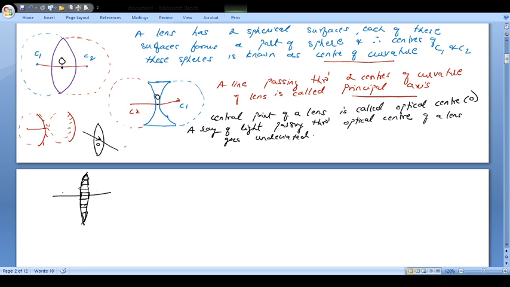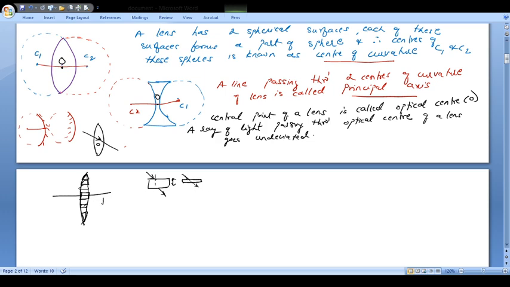Now if your lens is thin, we studied earlier that a ray passing through a glass slab will only get laterally displaced. That means if a ray of light goes through a glass slab, it appears as if it has not gone straight but has been slightly displaced. If this thickness is so small, this displacement will be so less that it will appear it is going straight. So this is what is happening.